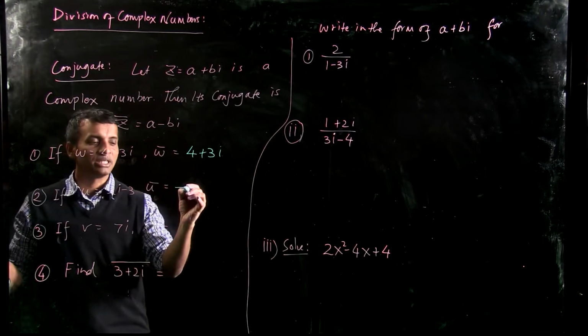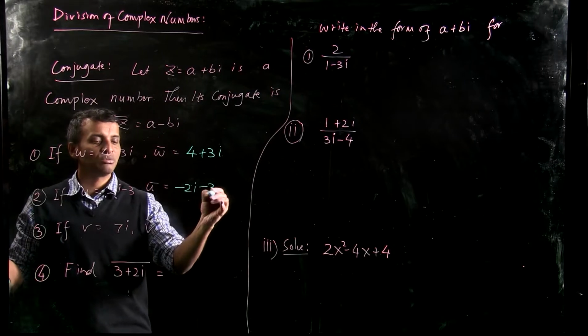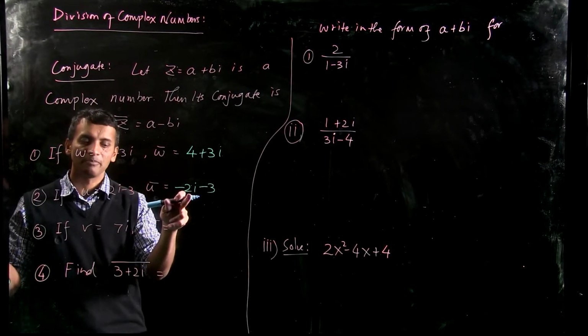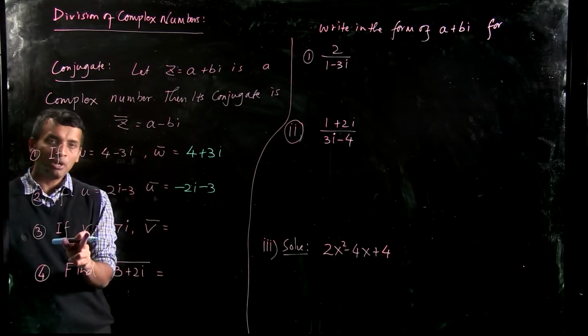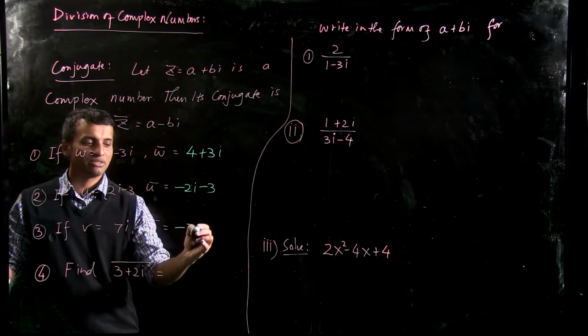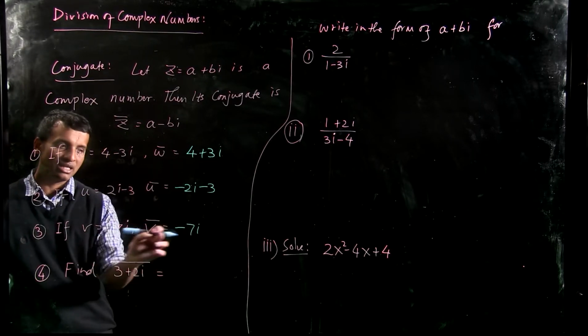So you change the sign of that. It will be negative 2i minus 3. You keep the sign of the real part. Only change the sign of the imaginary part. Next one. Suppose v is 7i. What is v bar? That will be negative 7i because this is the imaginary part and you change the sign